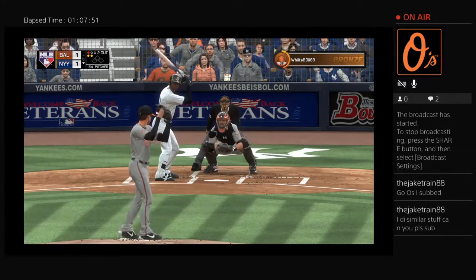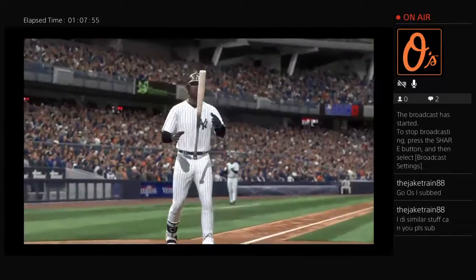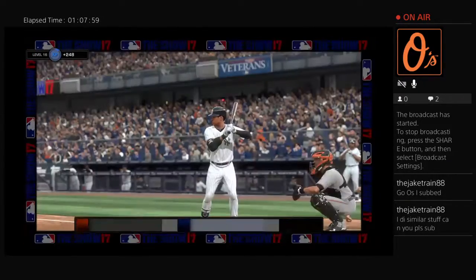Just missed getting under the hands. That's a good pitch. I like that pitch. But threw it right past him. A swing and a miss at the gas, and that ends the inning. But the Yankees are